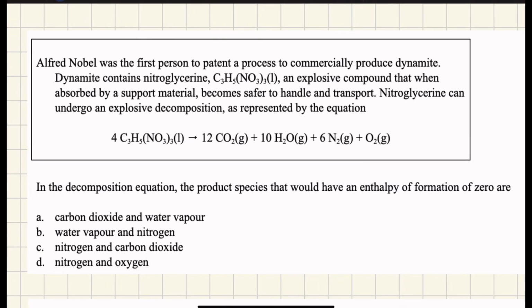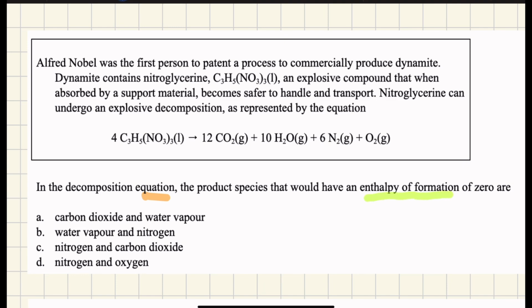So for this diploma question here, we have our decomposition of nitroglycerin over here. And so it's an explosive compound that when absorbed by support material becomes safer to handle and transport. Nitroglycerin can undergo an explosive decomposition as represented by this equation here. So in the decomposition equation, the product species that would have an enthalpy of formation of 0 are, okay, so